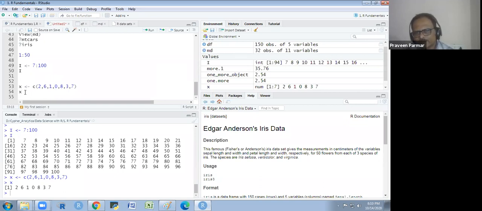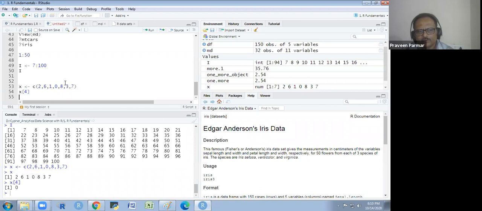How could I access this? So I will use the square bracket always. In R, the indexing starts with 1. In other programming languages, indexing starts with 0. 0, 1, 2, 3, 4, 5. But here in R, it starts with 1. So 1, 2, 3, 4, 5. So 0 is at the fourth position. So I will write here the position of 0 and I could access the 0. So you see the 4 position in the console, I am getting 0.